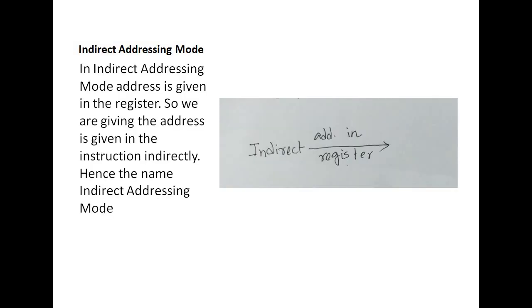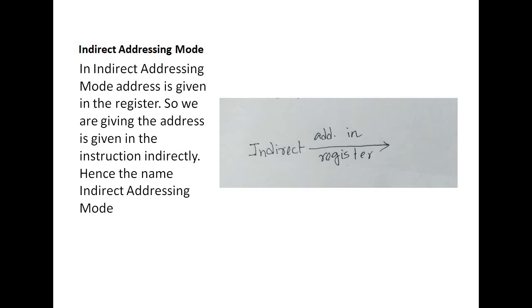Okay, now let us come to the next addressing mode. This is the most useful addressing mode whenever you want to do any intense programming, and most of you will be using it; 90% of programs are done using indirect addressing mode. It is a bit complex, but you have to understand it, because you will use this addressing mode repeatedly when you start programming. So you have to understand very clearly this indirect addressing mode and why we use it over any other addressing mode. Now let us start indirect addressing mode.